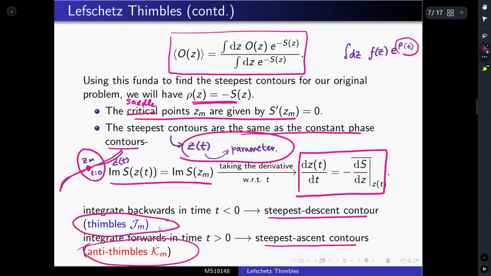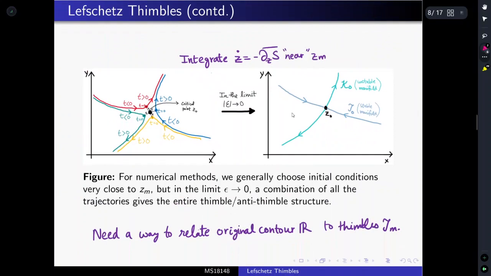So what we want is to do the integration over these thimbles. This is the pictorial representation of how this thimble structure is actually found, and this is done by integrating the flow equation that I discussed in the last slide near the critical points. So once we have the thimble structure, we have found our steepest descent contours over which we'd want to do the integration. But the question still remains: how should we deform our original integration contour from the real line